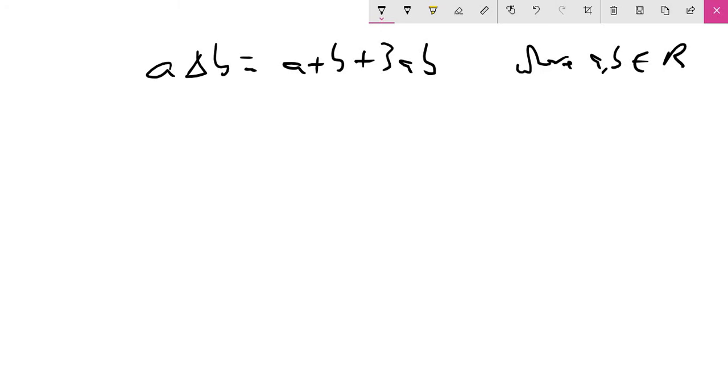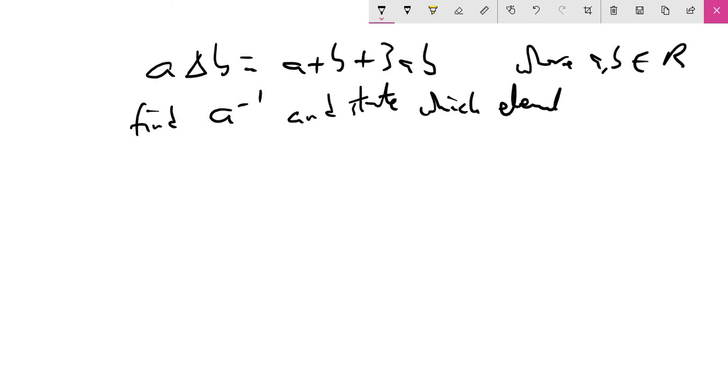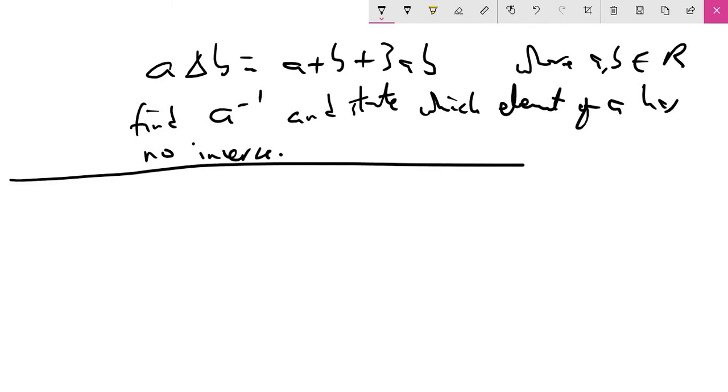So we need to find a inverse, and again, state which element of A has no inverse. Okay, now again,